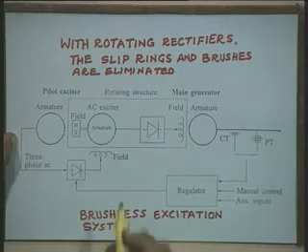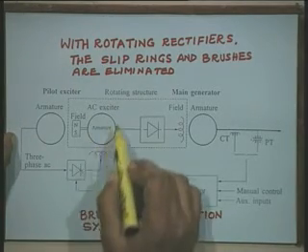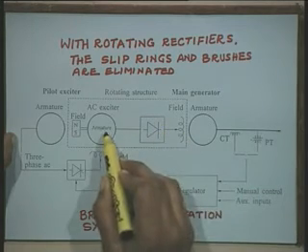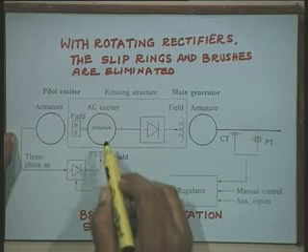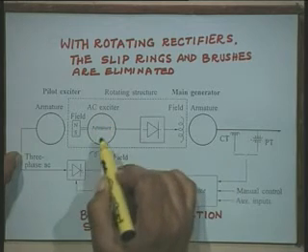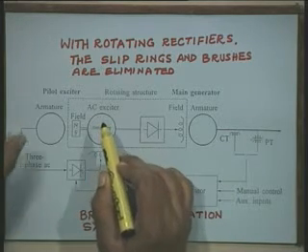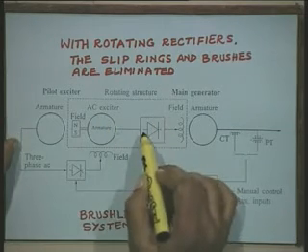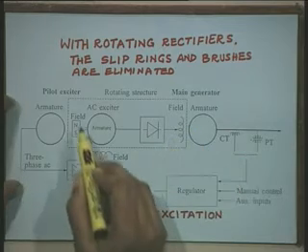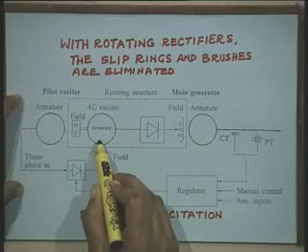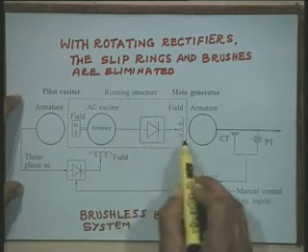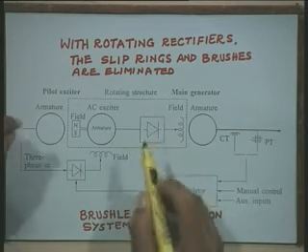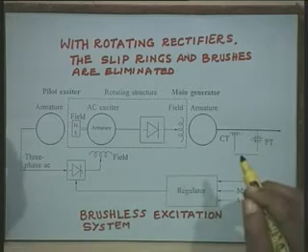In brushless excitation system, we have AC exciter, uncontrolled rectifier, and the output of the AC exciter is fed to the field winding. Now, the armature of the AC exciter is made rotating, right. The rectifiers are also rotating, the field system is rotating, and therefore, we can see here that the armature of the AC exciter, the rectifiers and the field system, they are rotating and they are connected rigidly without having any slipping contact.